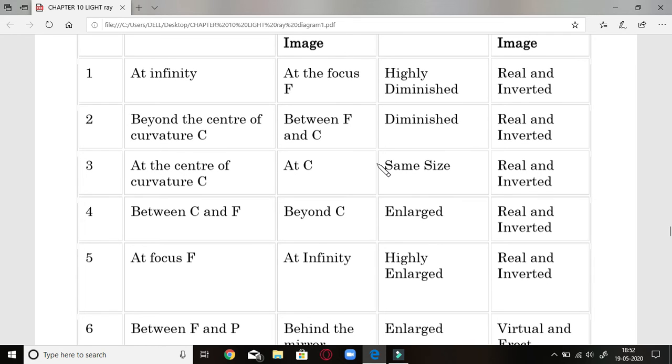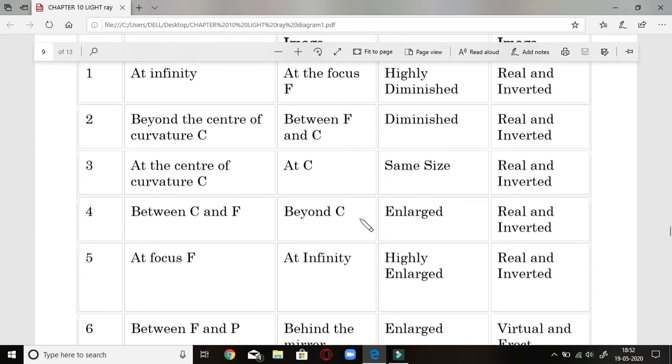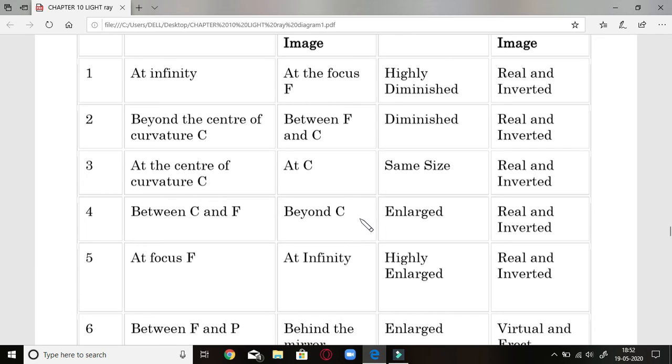And we have exploited these positions for our benefit also, as I have shown you. One thing I would like to tell you for remembering this: of course you should know these 6 points, but if the object was at infinity, the image was formed at F. This is just opposite to when an object was placed at focus, the image was formed at infinity. They are opposite to each other, that is 1 and 5.